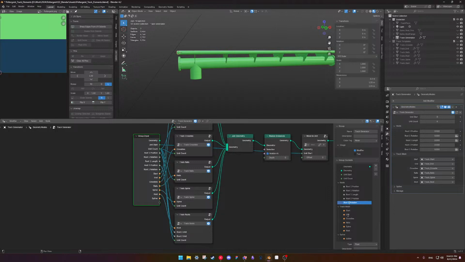I don't know if there's a way to make this more legible. I can have like root 1 and root 2. Yeah, I can do that. Just do root 1. Oops. Make this root 2.